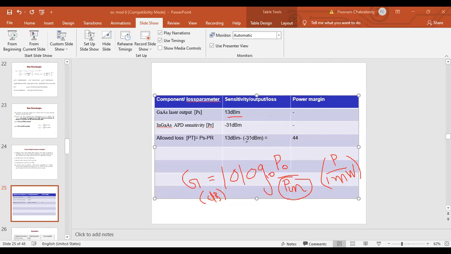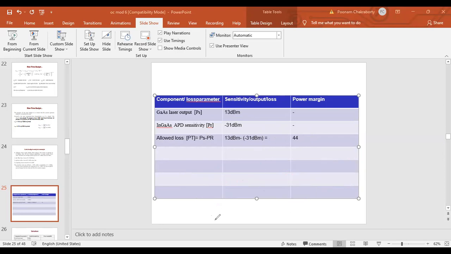Now when I am subtracting this, I will have 44, not dBm. Now I am not having an individual reference measurement. Now I have both the output of one, output of the second. And when I'm subtracting this, I come to the normal mode. So here, this will be dB. So please remember this.